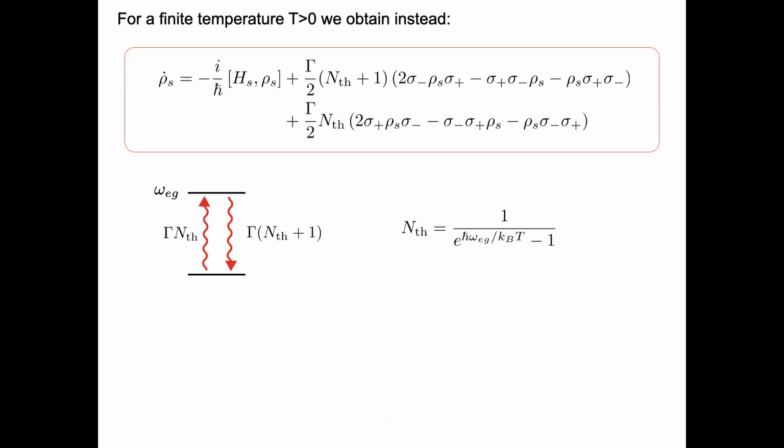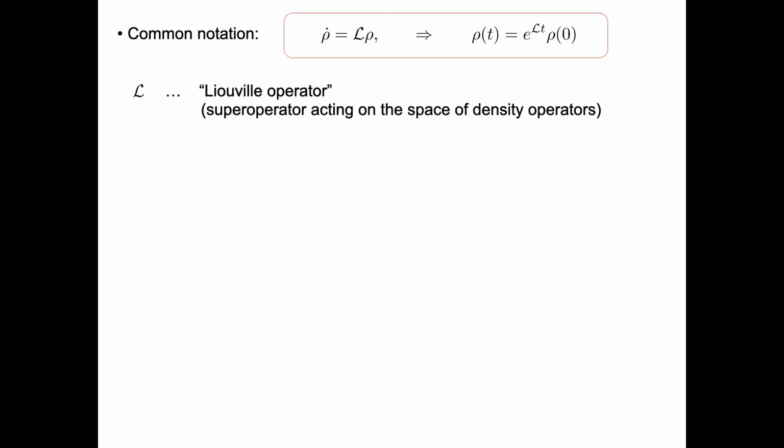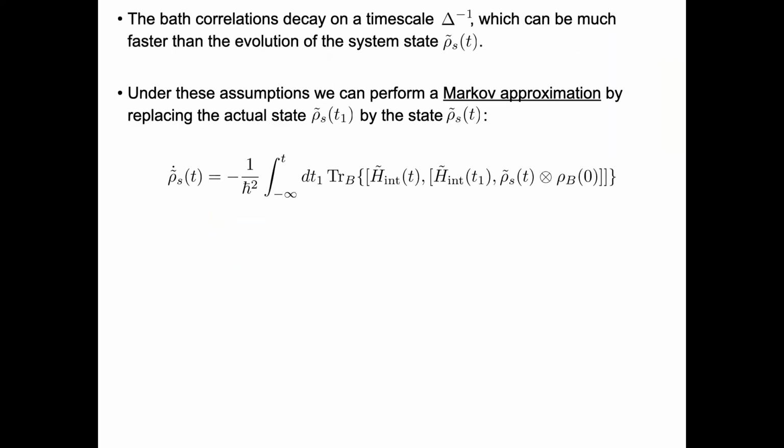Okay, so actually it was on the next slide already. So what happens when I go now to finite temperature? We already discussed that all these correlation functions that we get are multiplied now by n plus 1. And we also have the opposite term, okay? So we now go back to,